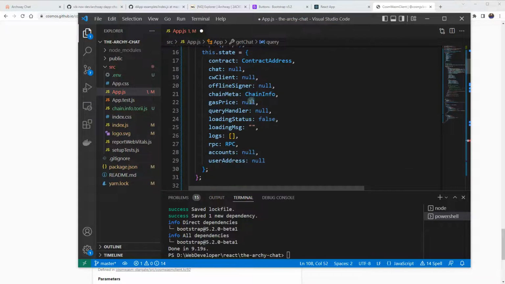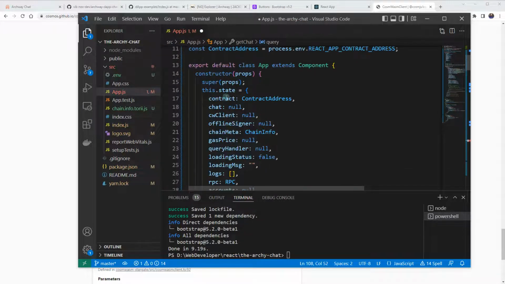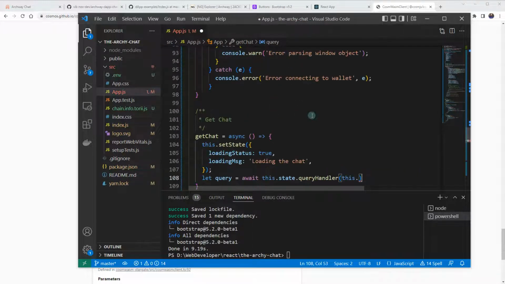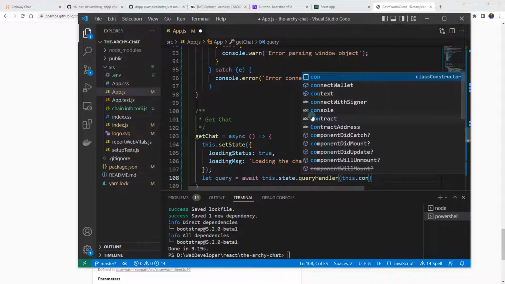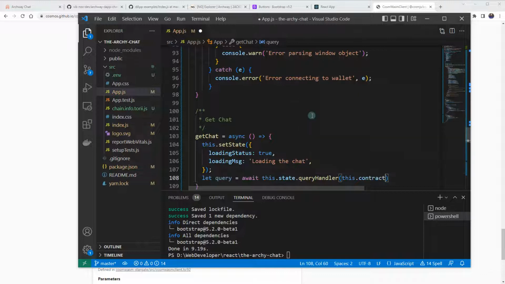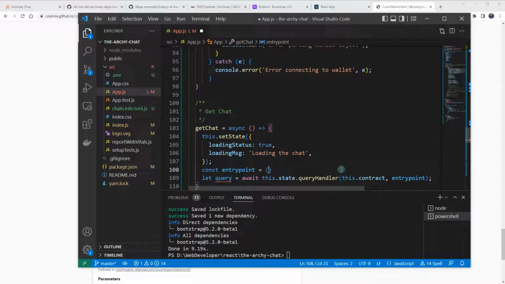So contract address, it's just this.contract, and our entry point. Let's create, actually I think it's going to be a constant, entryPoint equals to